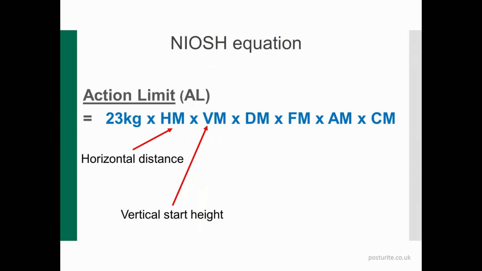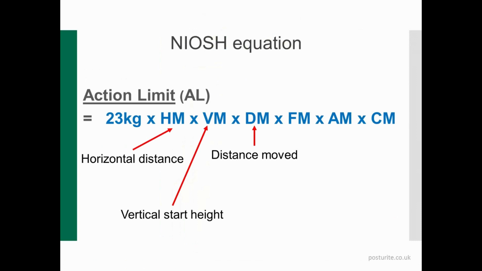What is the starting height at which you pick up the load? Is it at waist level that you're going to then lift it to shoulder level, or is it from floor level to waist level? You need to know what starting point of that lift is. Having worked that out, you then need to calculate the distance that you're going